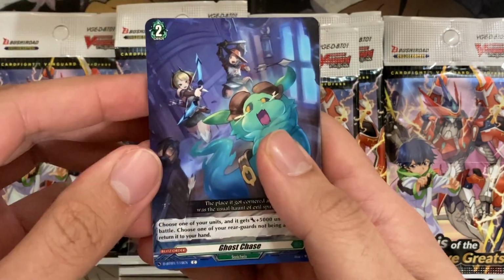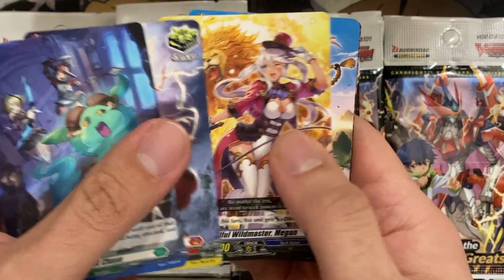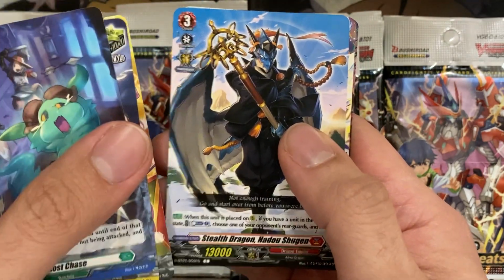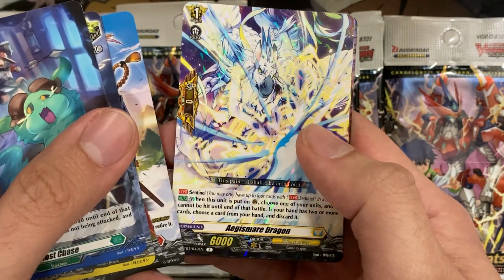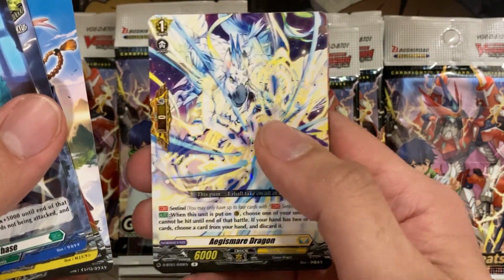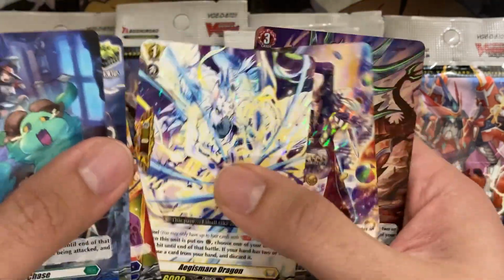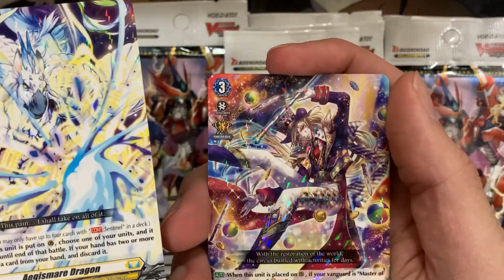We have a Ghost Chase, one of our new Blitz orders. Awesome. And I love the arts for a good majority of all the different cards in the set as well, including the newer Overdress support. We have Aegis Mare Dragon. These are the new Sentinels as well, going back to grade 1s. And it looks like we have 2 rares in this pack as well, with one of them being Phantasma Magician